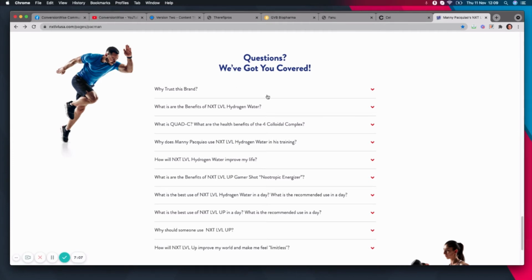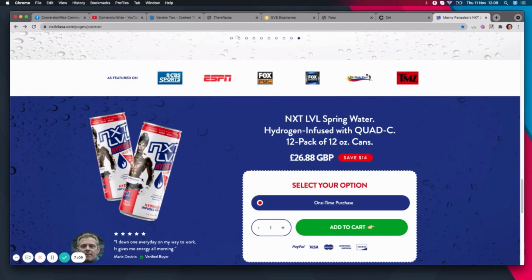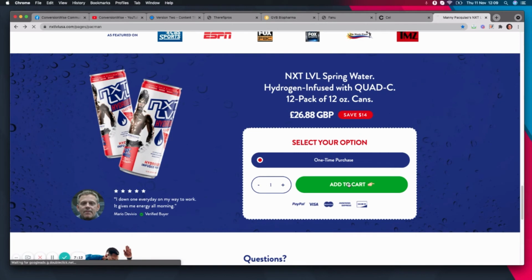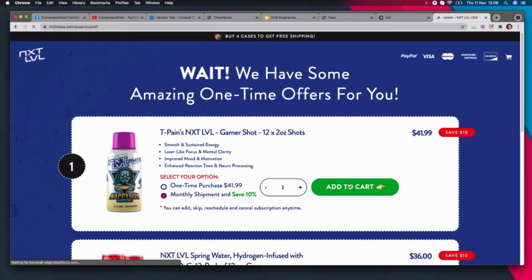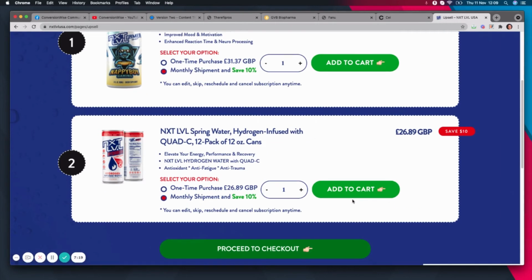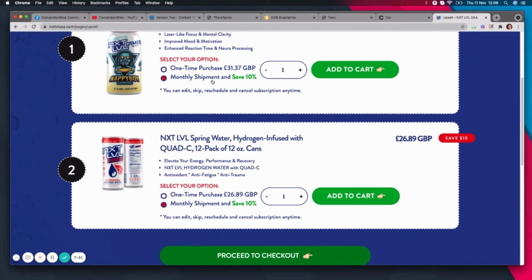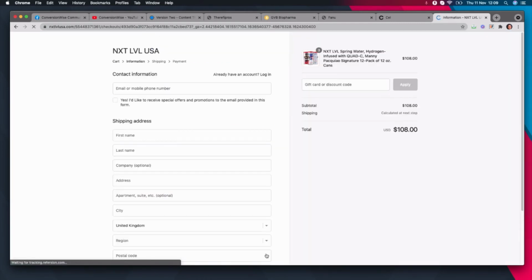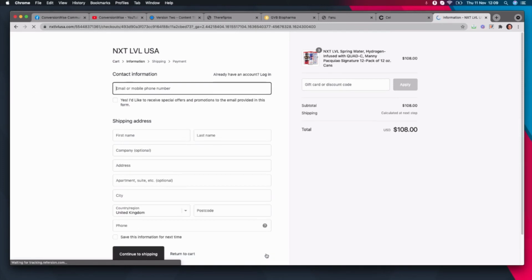So a classic sales funnel tends to be this. You have your sales page. We then take them through, because what we want to do is give them an upsell. Now, this is a pre-purchase upsell. And in here, we do all kinds of good stuff, like make sure we have the shipping bumps, showing them the savings, just going, oh, wait, would you like to do this? And of course, then we funnel them through to the checkout. And once they've made their payment, we'd then take them to a thank you page. I'm not going to buy one of these for your pleasure today, but this is a very traditional sales funnel.